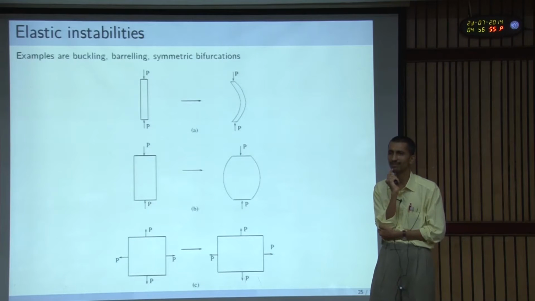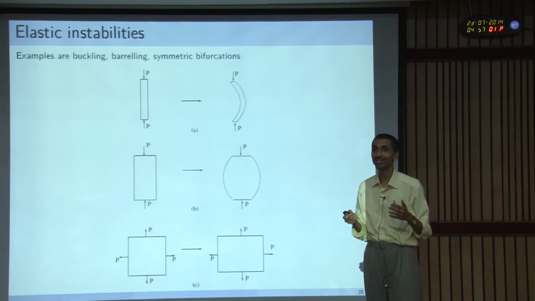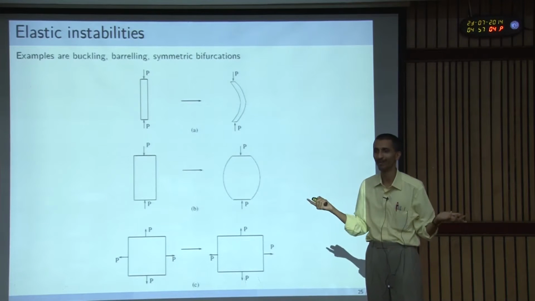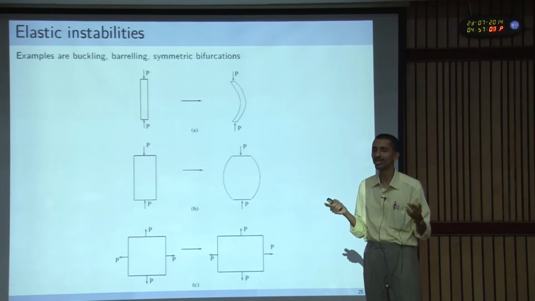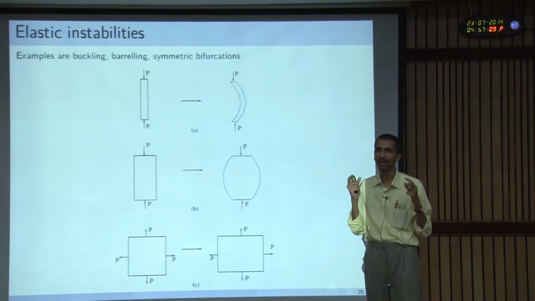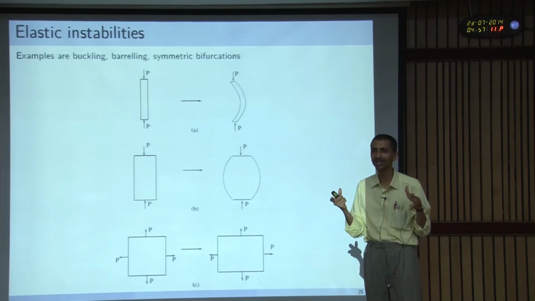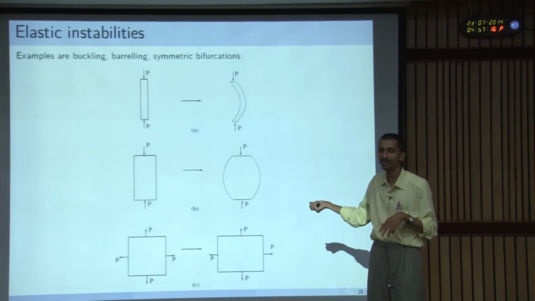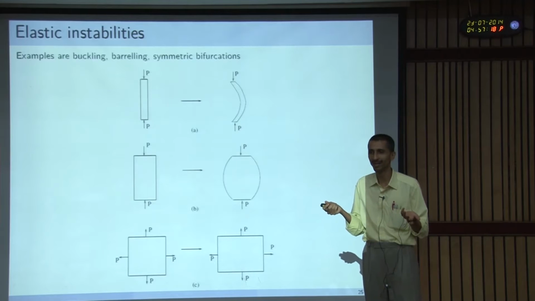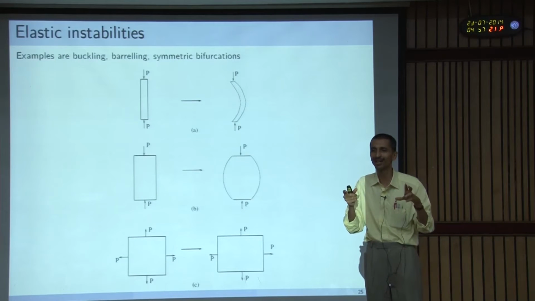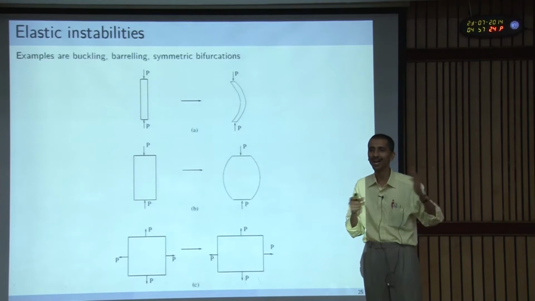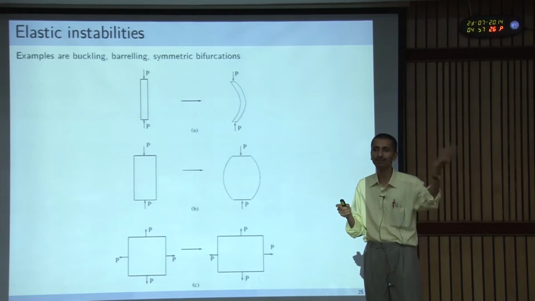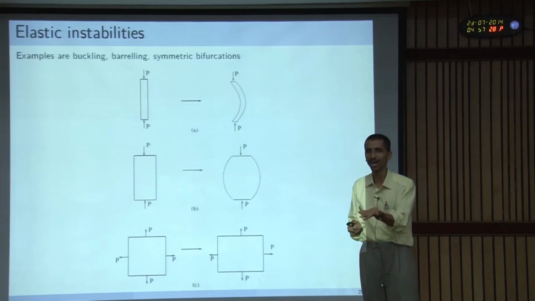Can we know the number of problems that we need to solve to validate this criterion? That's a good question, because as I said, one has to test it for all possible loadings, and that is just not possible. So what we think is that uniaxial, biaxial, and triaxial loadings may be the critical ones, because that is where we have found most of the instabilities. If a model passes these tests, maybe it passes others. But that is just a conjecture. I have no proof for that.